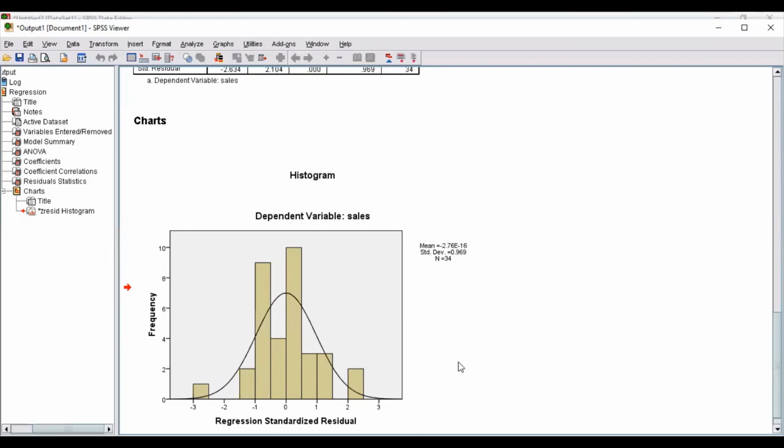So this is how you can obtain the results for your multiple regression analysis, and you can report your results likewise in your research article and in your thesis. If you are running a multiple regression model, then you can obtain and interpret the descriptive statistics, inferential statistics.